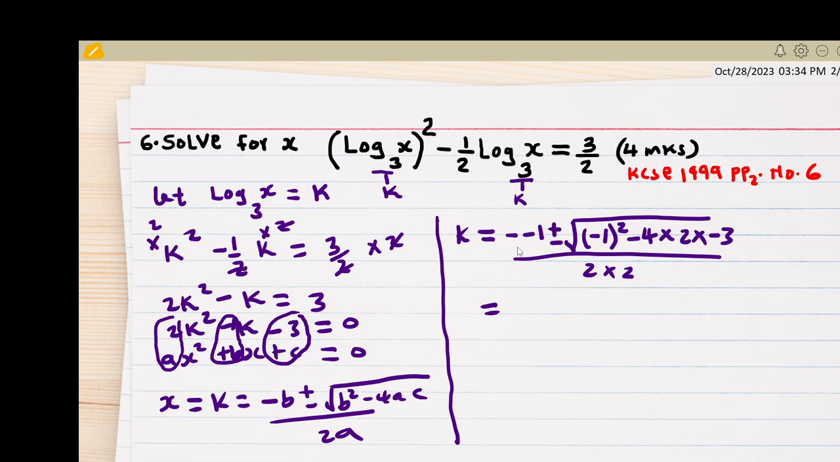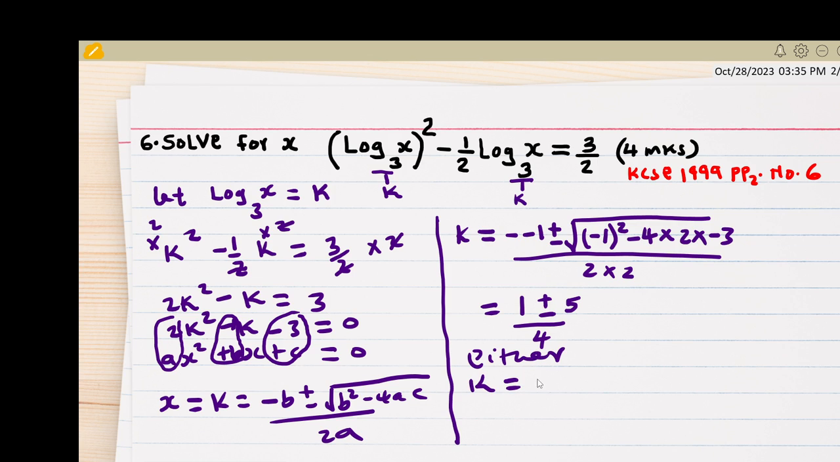So k will be negative of negative 1, which gives plus 1, then plus or minus. I feed this on my calculator: open bracket negative 1 squared, then minus 4 multiplied by 2, multiplied by negative 3. I'm going to get 25. So the square root of 25, I'm going to get 5, then divided by 4. So it means either